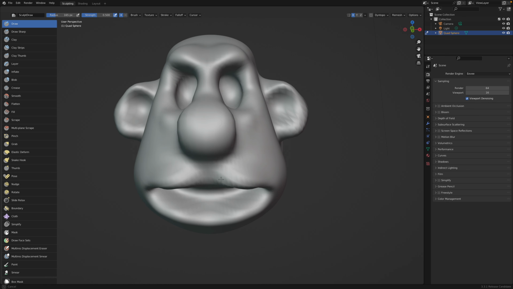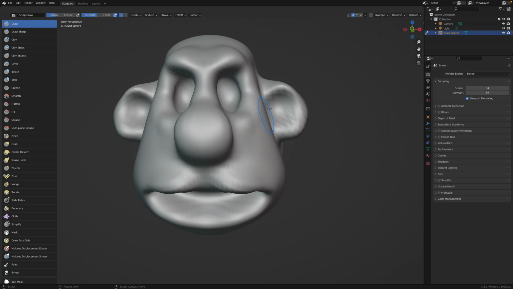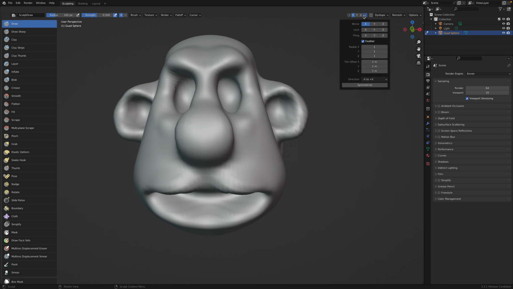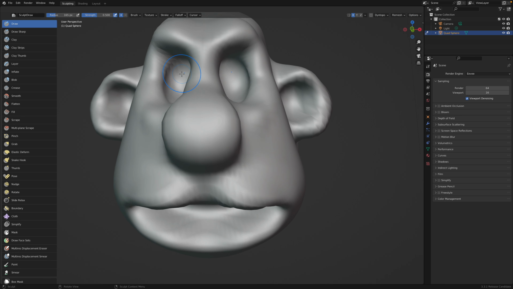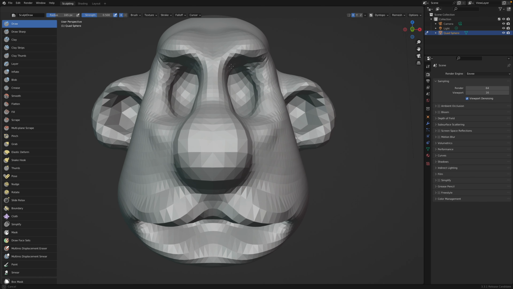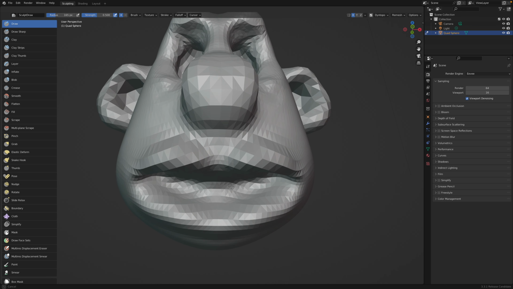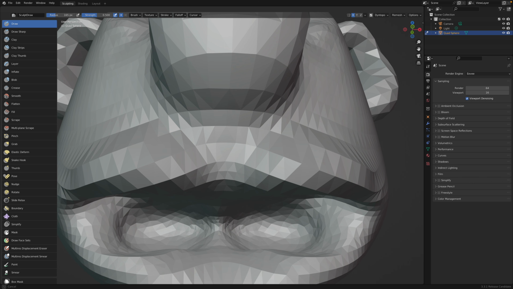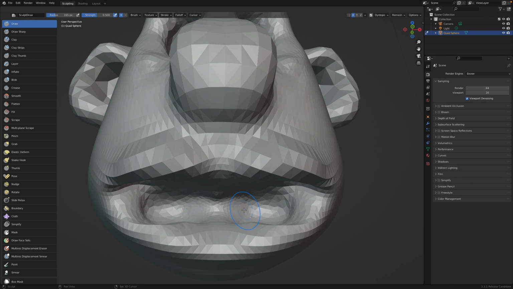Okay, it's gonna be pretty weird and ugly. That's okay, you know. It's just the base mesh. If I want to change, I want to enable dynamic topology. If you want to get into details very quickly, we can start adding details. If you enable dynamic topology, it's gonna change the topology, and if you get closer, you can add more details